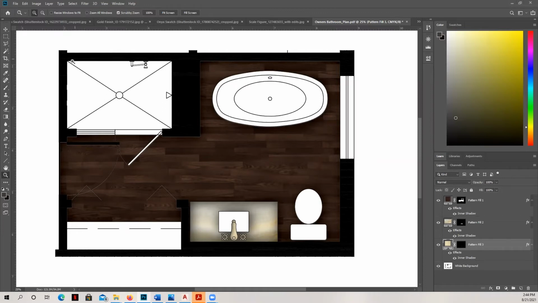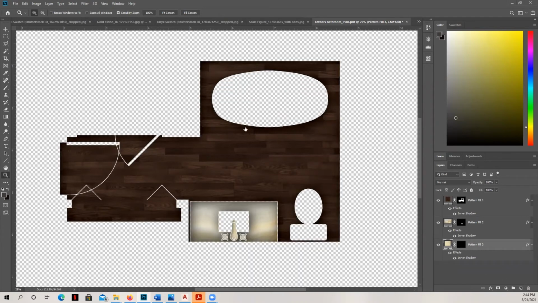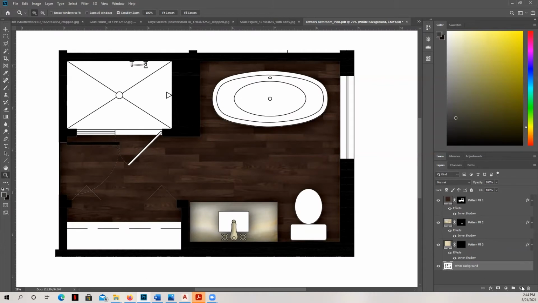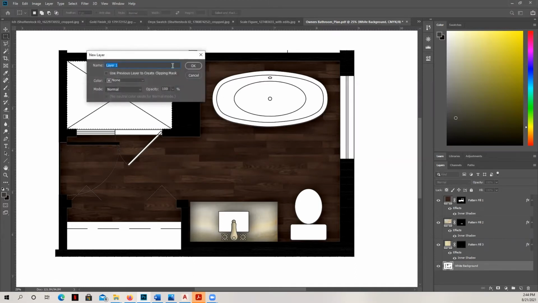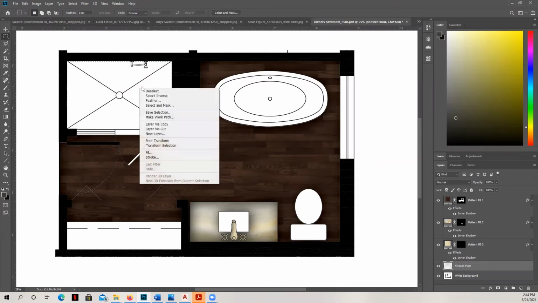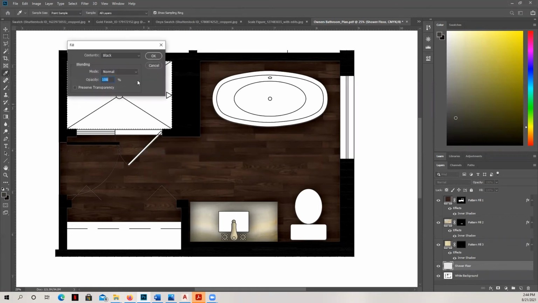And so the way that you can do that is to go ahead and create a new layer. And let's go ahead. I'm just going to grab it here and create a rectangular marquee. And I'm going to right click and do new layer. And hit OK. And then I'm going to right click and hit fill. And up to this point, we've just done color here. But if you drop down here, you can also select a pattern from here. And you can see this is my pattern.